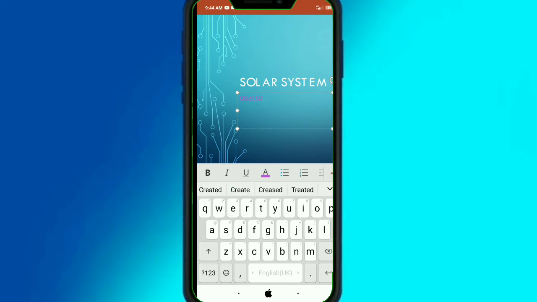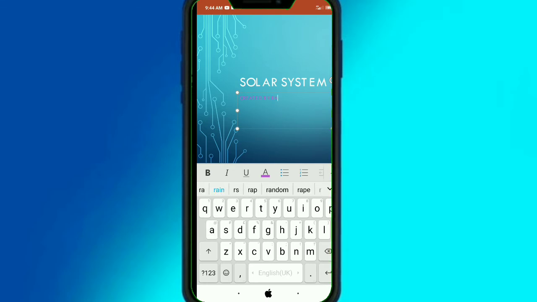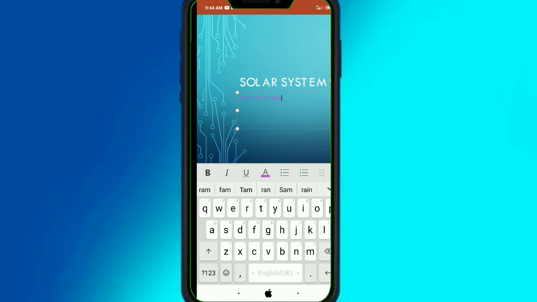You must be watching some change on the slide. Subtitle, the font color which I have selected, the text on this slide has been typed in that selected color, purple. So in this way you will be creating your slide.